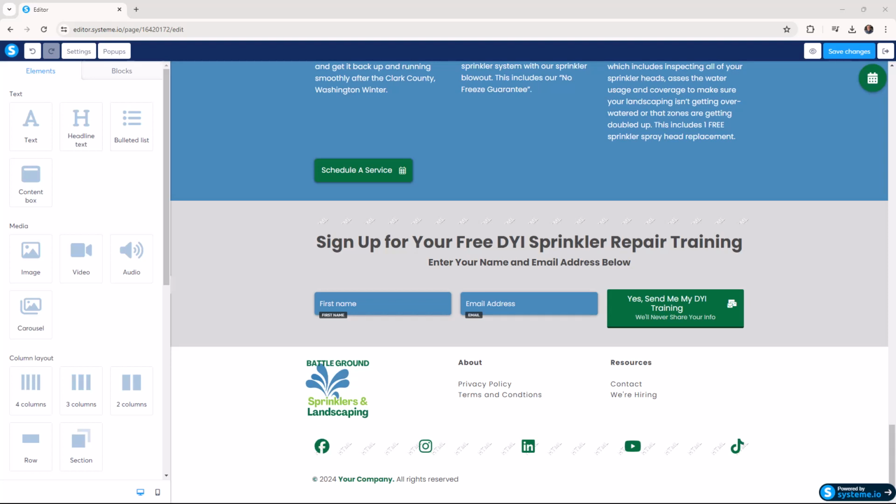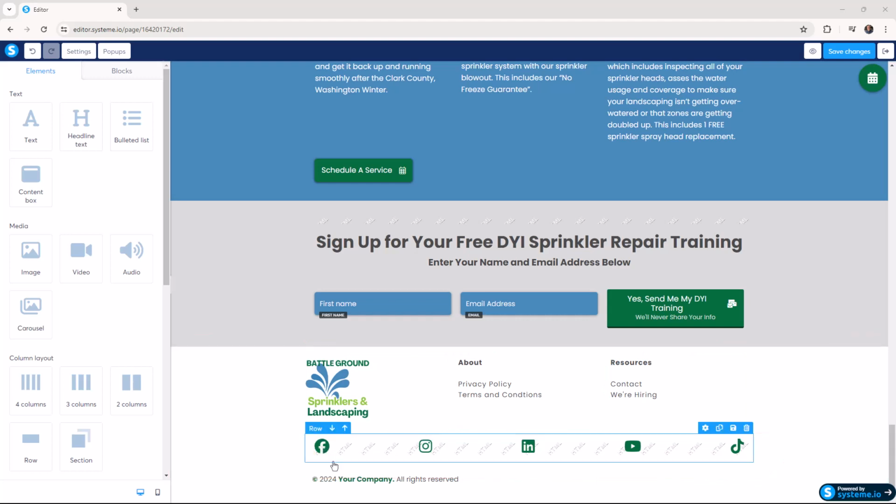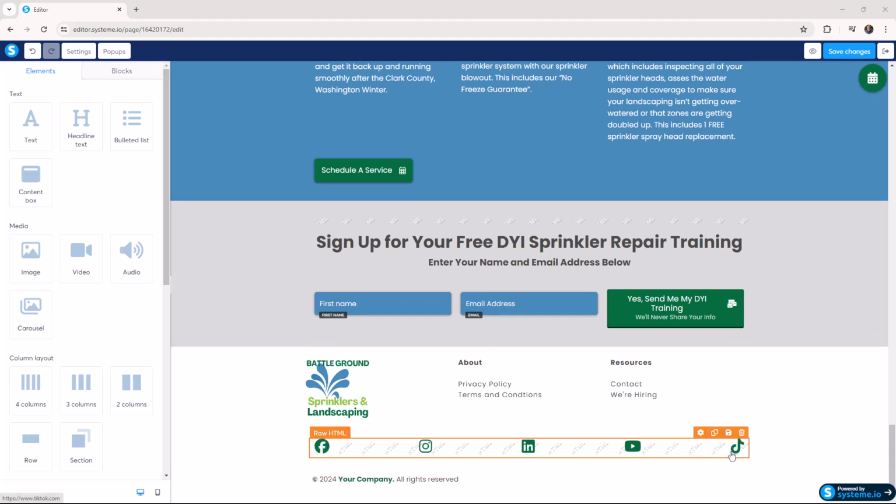So this is going to be a follow-up on the video that I did on how to add a 5-column row in your footer and add your social icons. So you're wanting to have 5 social icons, and with Systeme.io, having a 5-column row is not something that's kind of built in. So what we did is we tackled this using a raw HTML element. And what we're looking at here is our row with the 5 social icons: Facebook, Instagram, LinkedIn, YouTube, and